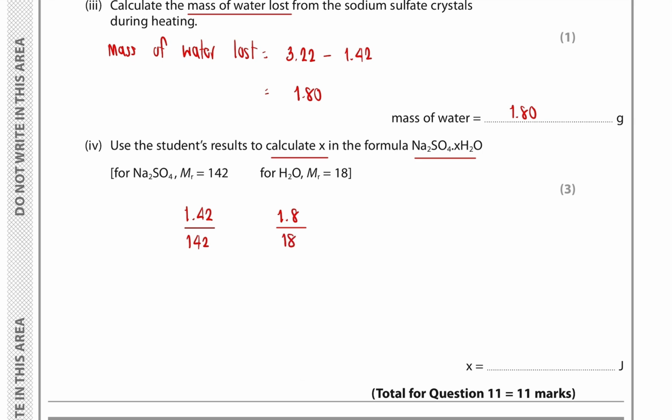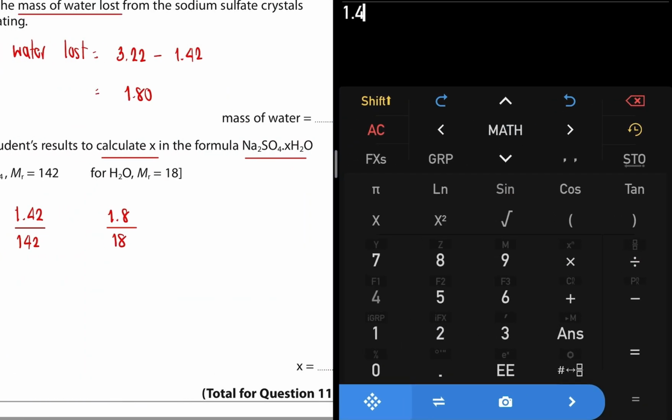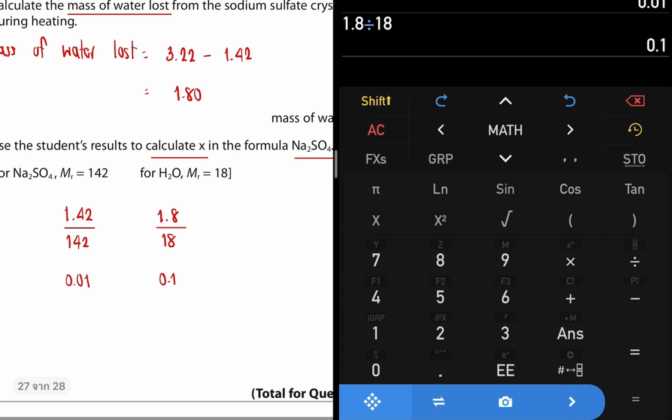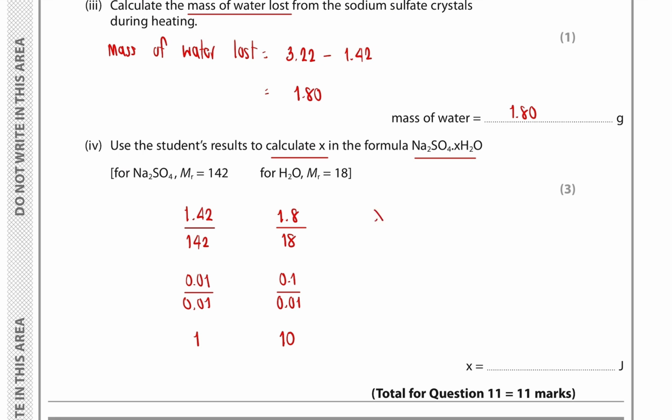So it is equal to 1.42 divided by 142, which is 0.01, and 1.8 divided by 18, which is 0.1. And since 0.01 is less than 0.1, I will divide both sides by 0.01. So it will be 1 and 10. So therefore, the value of X equal to